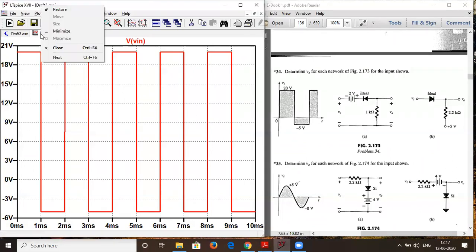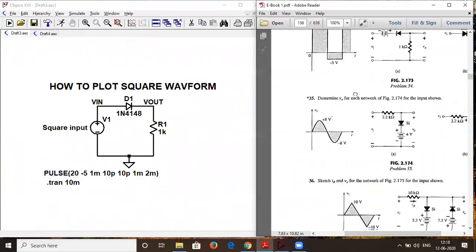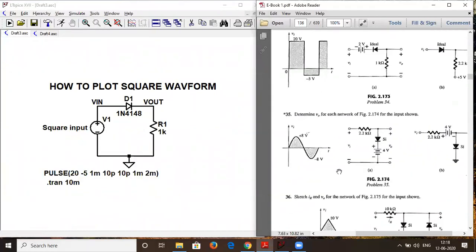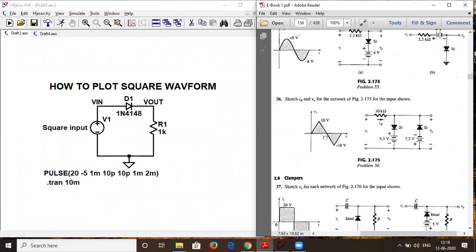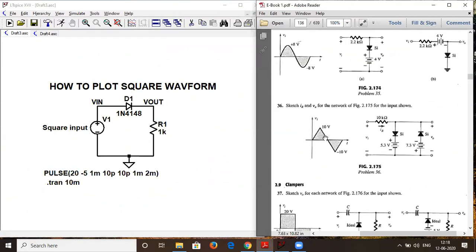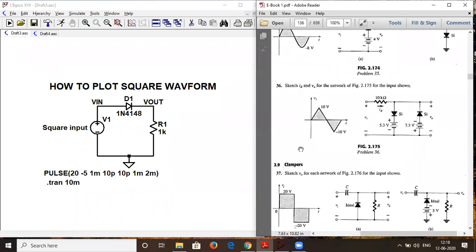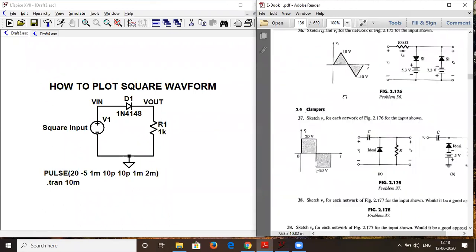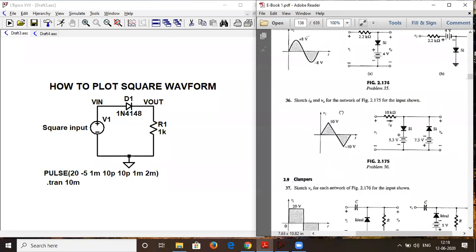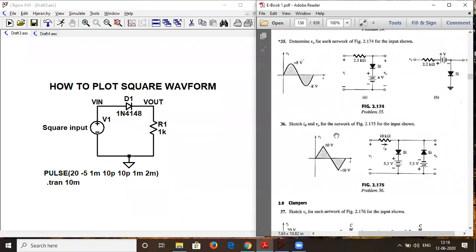Now next is very crucial and very important. This is very simple: +8 or -8, I've already shown you. This is very important. I think only one person will get it, but eventually you will learn a new thing in plotting a triangular wave. Actually, you can plot any shape of waveform in LTspice, but drawing sine and square is very easy, while drawing this triangular wave is not so easy. Because for clampers also, on day 3, you will have clampers, you may require any arbitrary shape. For this reason I am talking about this.